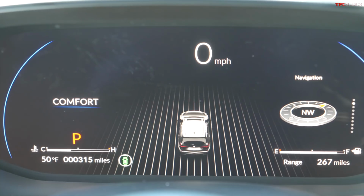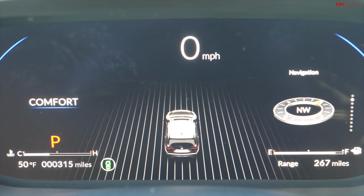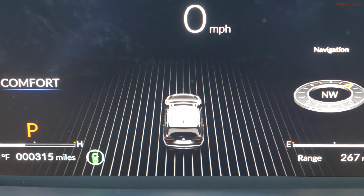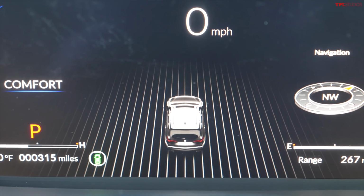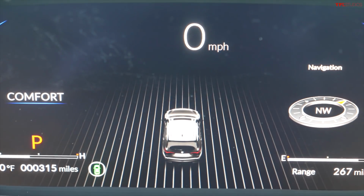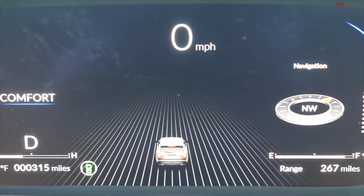The new Acura MDX has a fully digital instrument cluster, and one of the most interesting features is that little car. It works a lot like the system in the Tesla vehicles, where it shows you other vehicles in relation to yourself, but it also shows you your brake lights and your turn signals when you turn them on. So I'm in park right now, but if I go into drive, you can see the car is positioned there